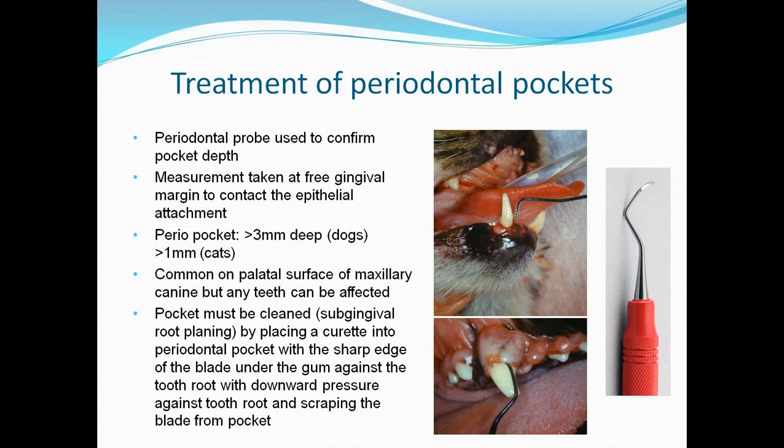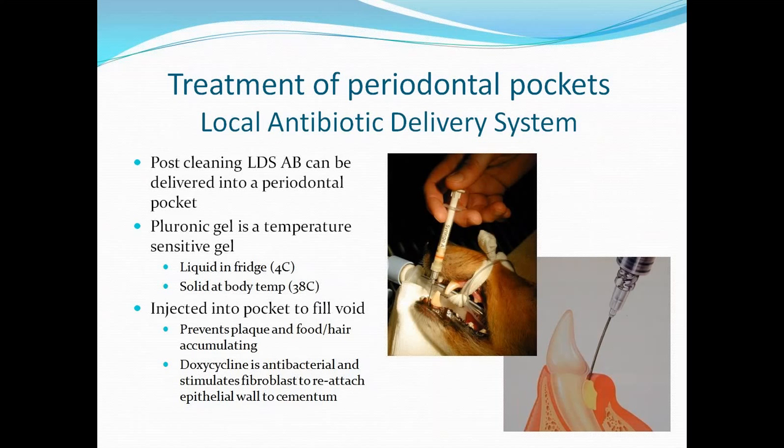to remove all the endotoxins and the bacteria, the dead cementum, the necrotic material, any food or bacteria that's in the pocket. So you should end up with a nice glassy surface on the tooth, which could be dentine or it could be cementum. And you should also be debriding the internal surface of the periodontal pocket, so you end up with nice clean epithelial tissue as well. So the aim then is to stimulate this clean epithelial tissue that is full of fibroblasts in order to reattach